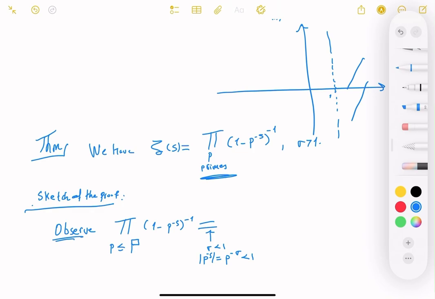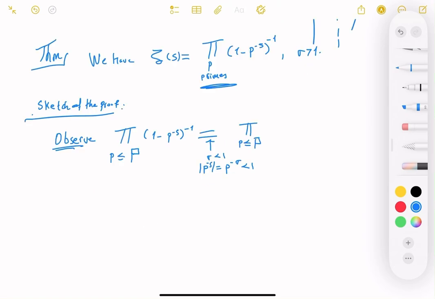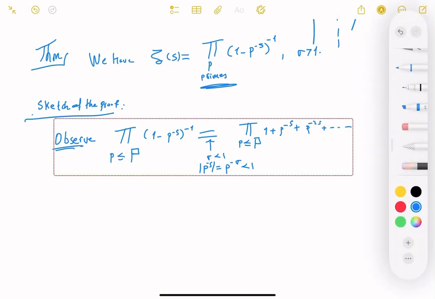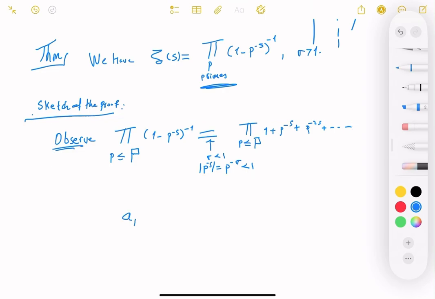and they can be rewritten as sums, of course. So this is the product over p less than or equal to big P of 1 plus p to the minus s plus p to the minus 2s plus dot dot dot, because it's a geometric series. And then the point here is that you can see we have the fundamental theorem of arithmetic, right? What does it say? It says that if you look at a tuple of this form of natural numbers,